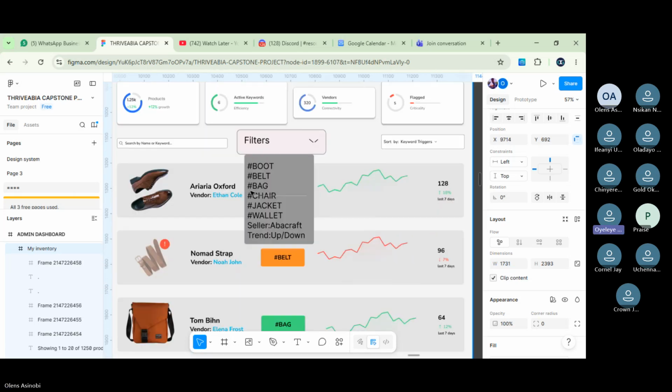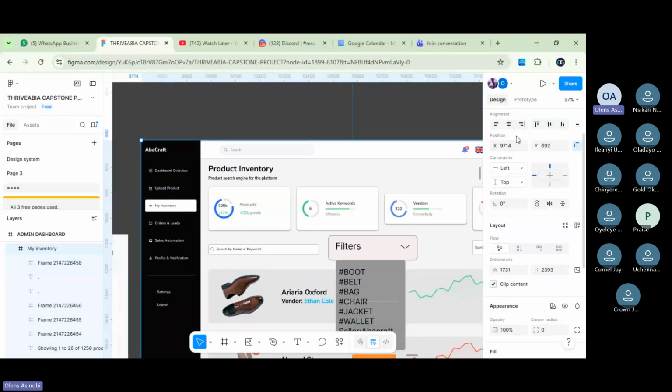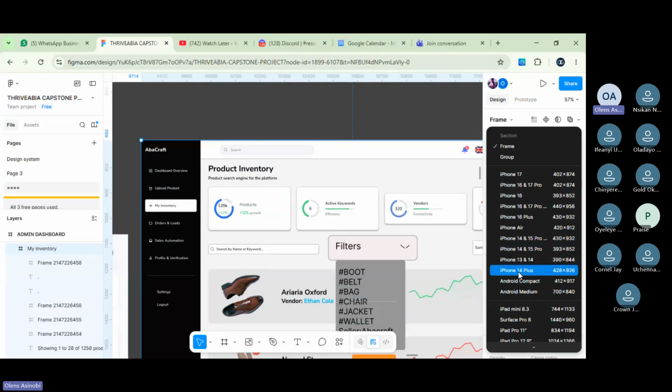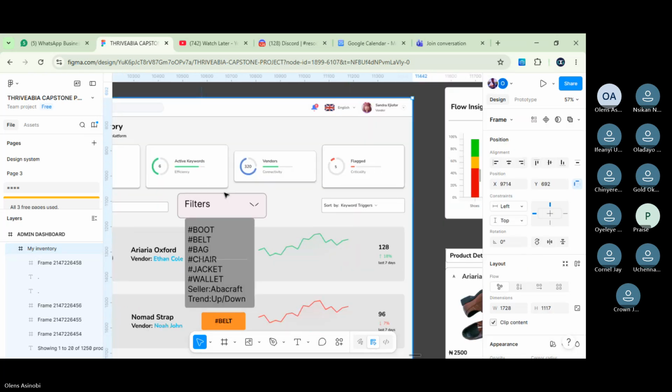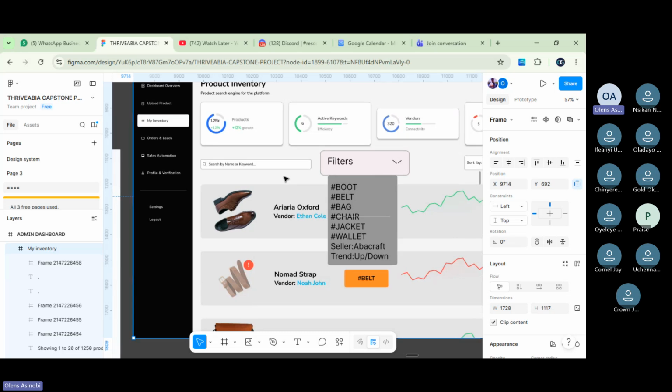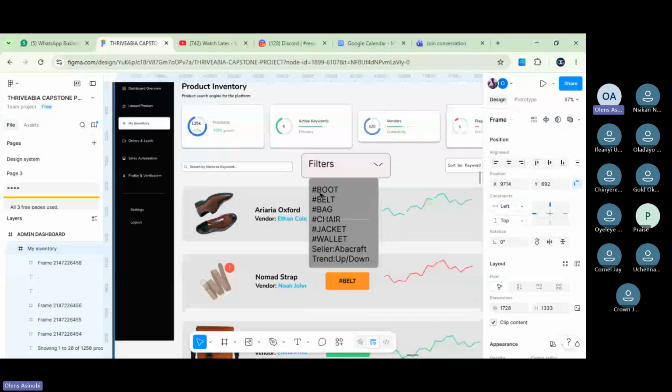Yes. But anyhow, they've already done it. But it's going to affect us in prototyping. If not, I would have said we should not just change this frame. Let me change this frame now to MacBook. Okay, done. Don't worry, your content is still there. So what was I saying?